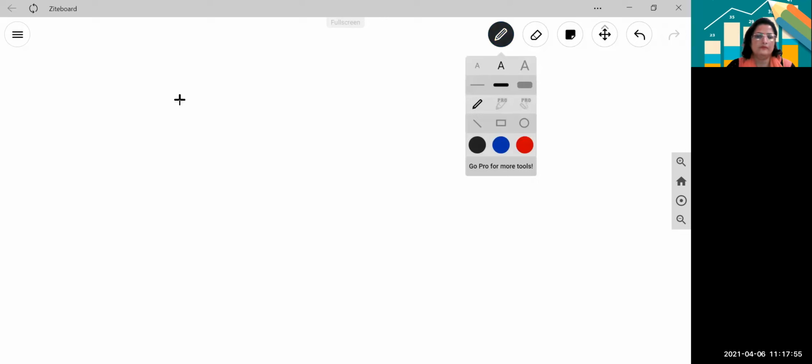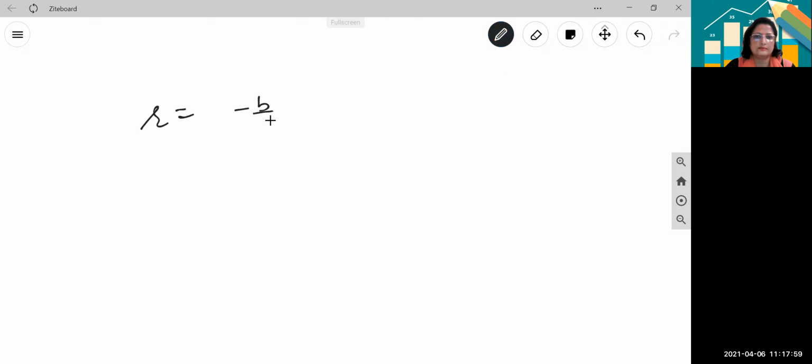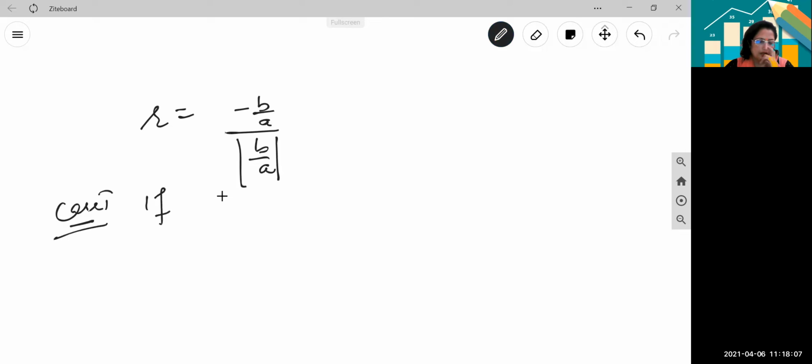So we will have r is equal to minus b by a upon mod of b by a, right? Now case number 1, if a and b are of opposite signs,